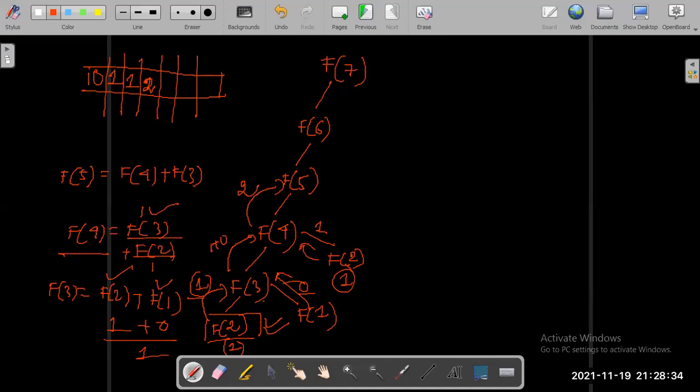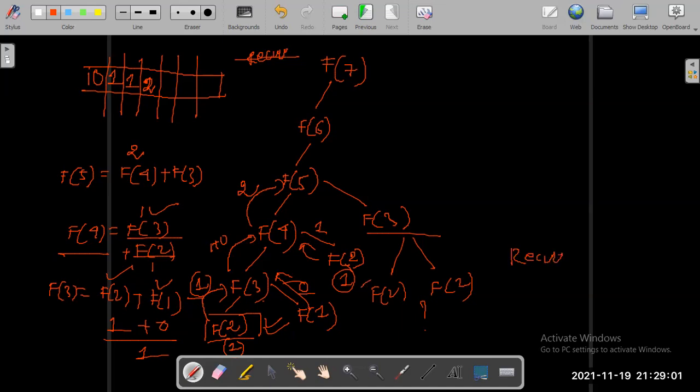Okay, fine. Now f of 4 has returned 2 to f of 5. What does it require else to be calculated? F of 3 needs to be calculated. But for calculating f of 3, do I need to calculate f of 2 and f of 1 again? If I am going with the recursive method, yes, I would require these two functions again.